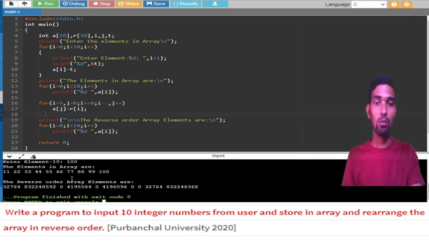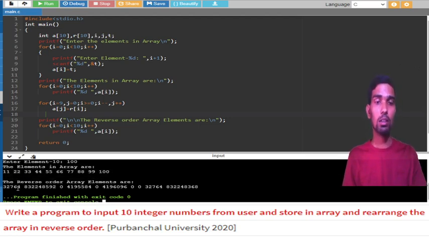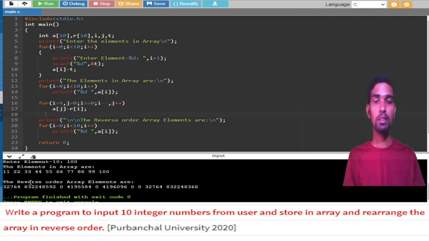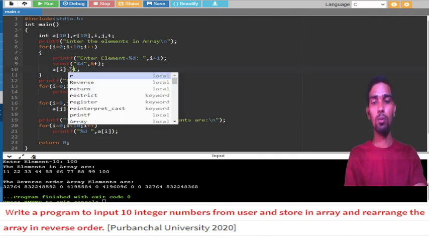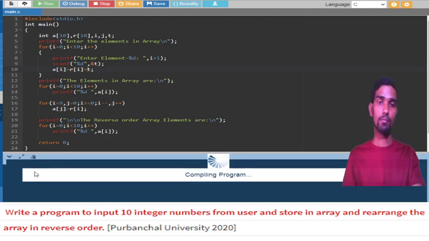Now you can see this is the element in the array, but in reverse it is showing some mistake. Let me check what the mistake is. Here you can see I have not assigned anything to r of i, but here I am trying to assign, that's why it is throwing the error. So notice that too. I did this modification. Now let's see.